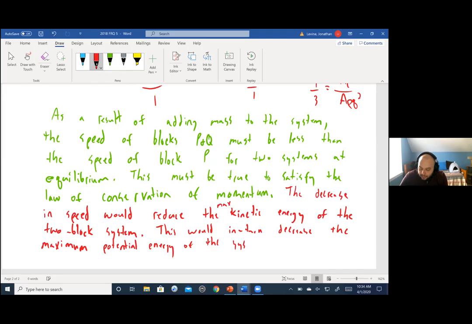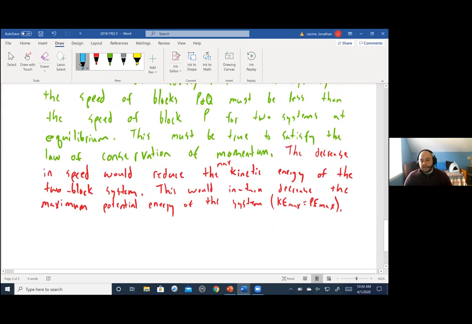And I would even probably put here in parentheses, KE max is equal to PE max. This is kind of implying that since there's no friction, that's not going to be decreased. And then I guess my last statement here would be about how that potential energy of the system actually relates to the amplitude. And I would say potential energy max,